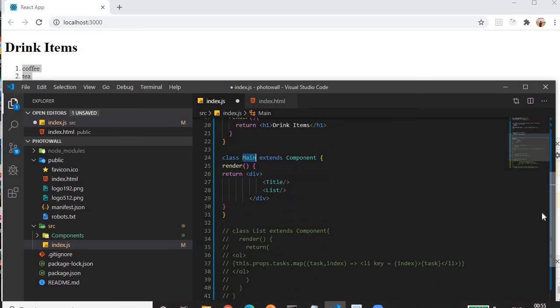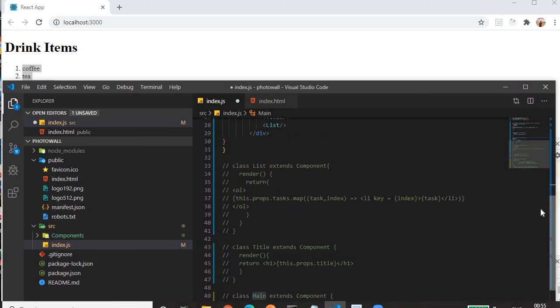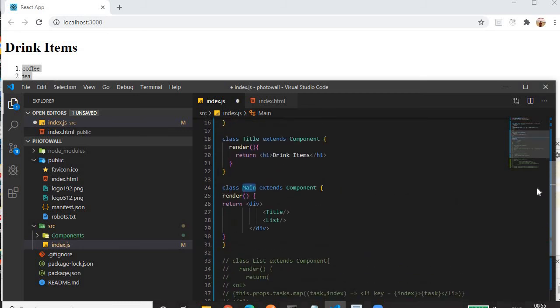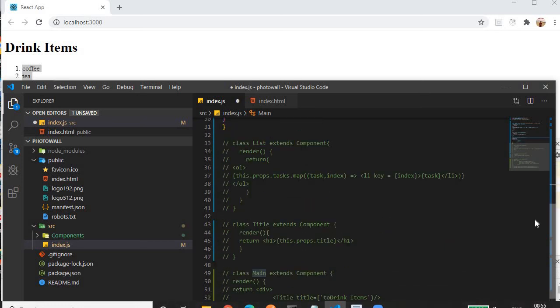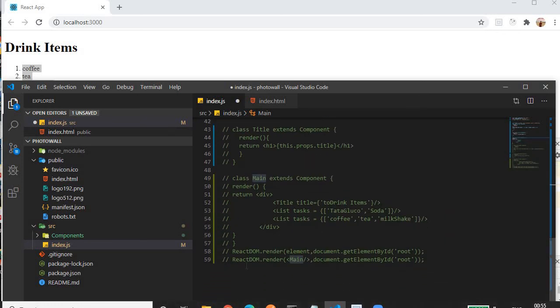So for render, what we have to do? We have to write this one. Then here, yeah, correct. We have to render the Main component.